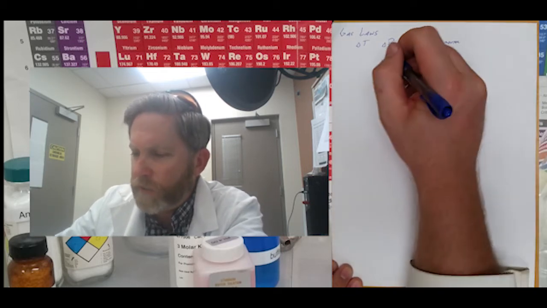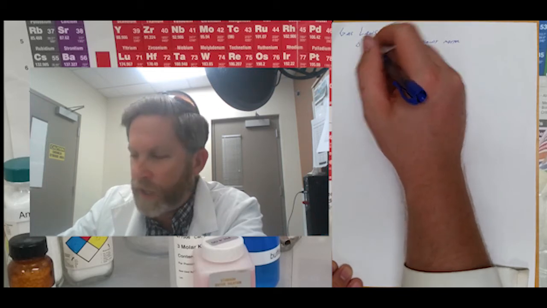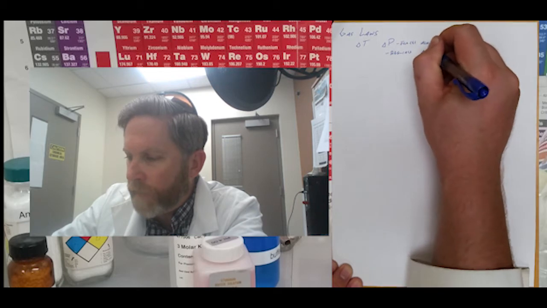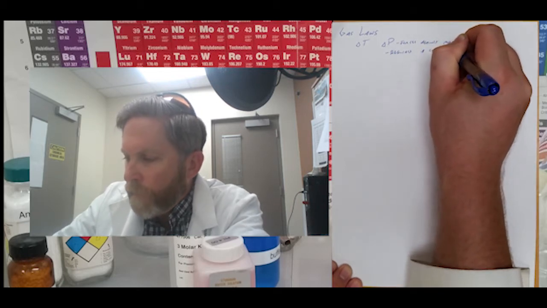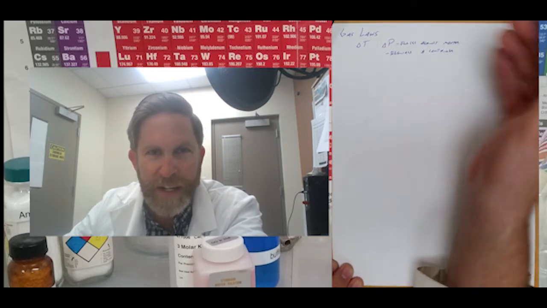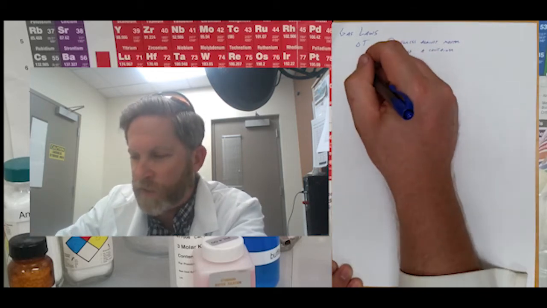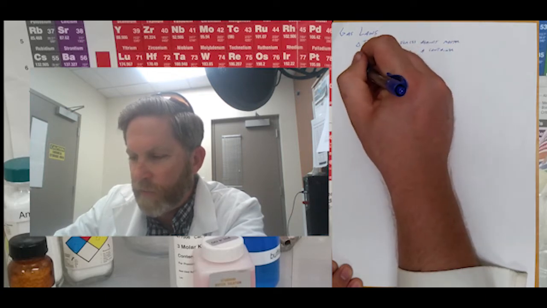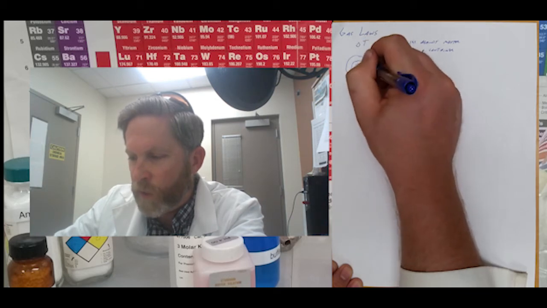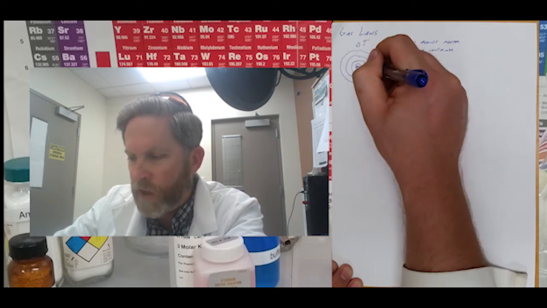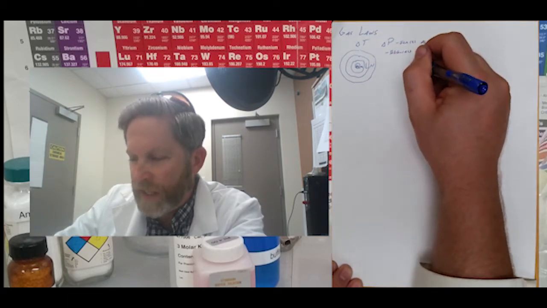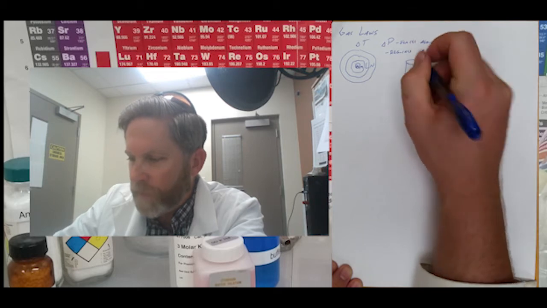So temperature is independent of location, but pressure always requires a container, okay? Because pressure is in a defined space. Temperature is too, but temperature has a gradient that extends out. So if you have a central area that's hot, then you have an area around it that's medium, and then an area that's low, and then everything out here is none. Okay, so there's a gradient of heat, but pressure is only once it's contained inside of something, and then we